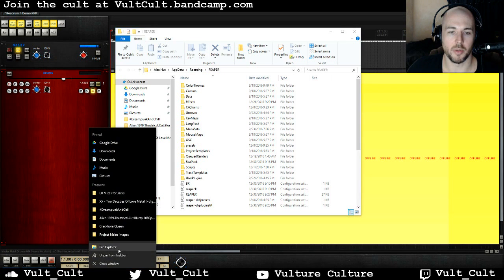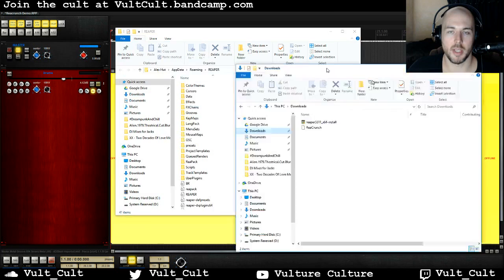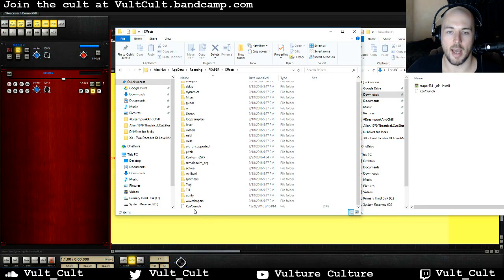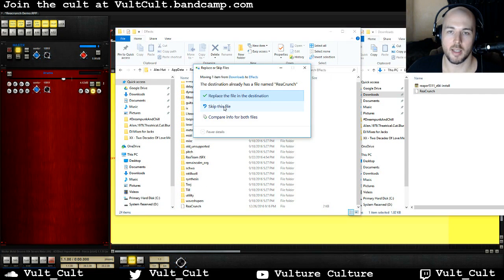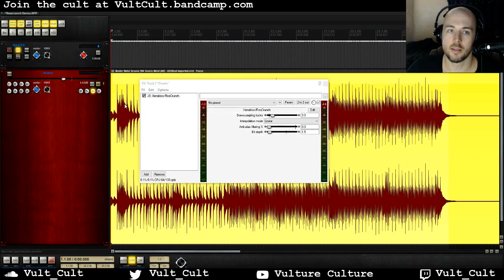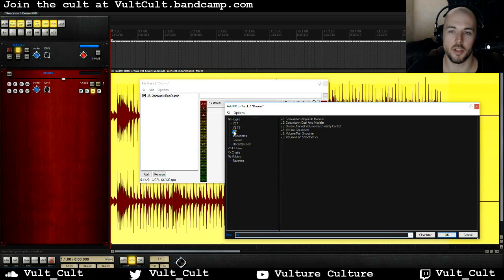I'm going to open up a new window and go to my downloads, and go to effects, and I already have it in here, but you would just copy and drop it and replace the file in the destination. And then you can look in the JS category here, and if I type in